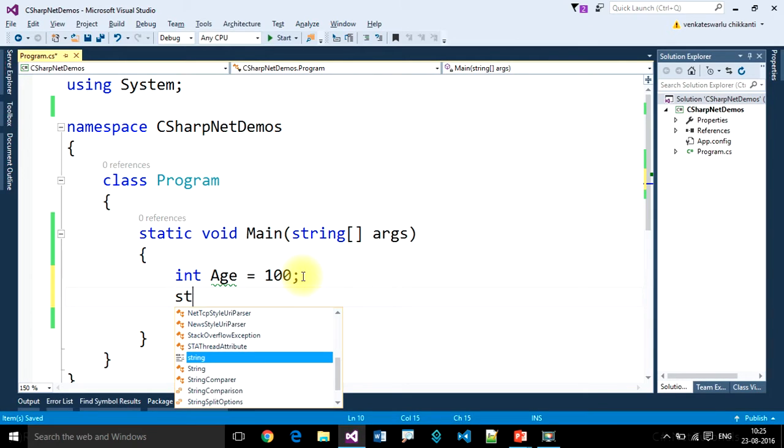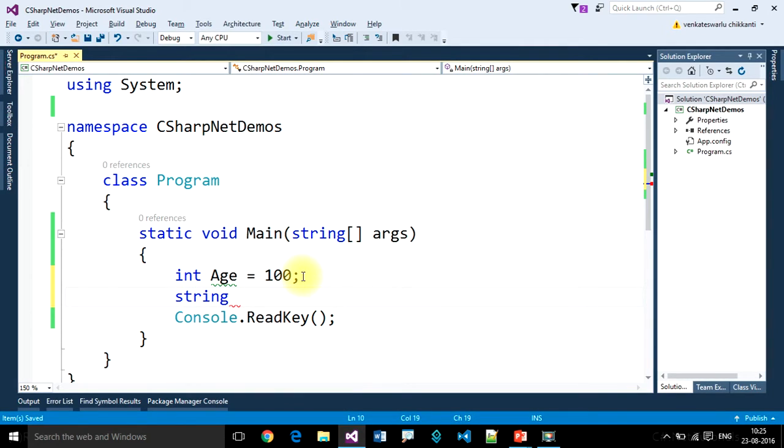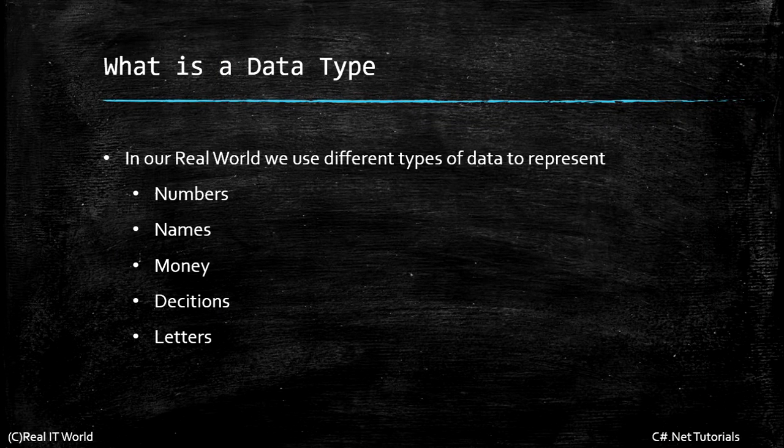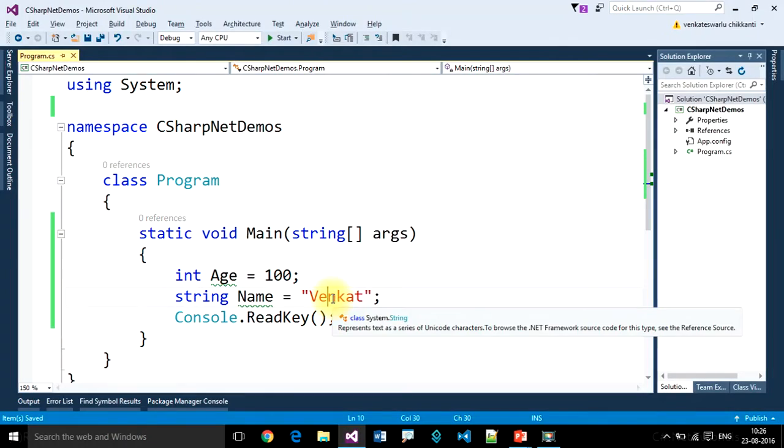In our programming world C#, we use string data type to store names. Names mean some collection of letters. Suppose Venkat. So this variable will store only a string type of data, that means a collection of characters, a series of characters. This is representing names in our real time world.